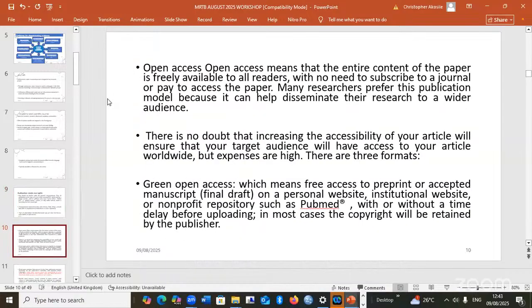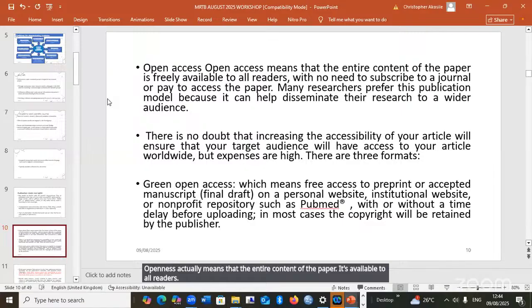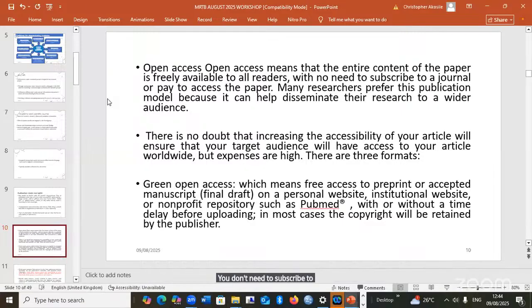Open access actually means that the entire content of the paper is available to all readers. You don't need to subscribe to a journal or pay for access to the paper. Anybody can read a paper as long as it is open access.